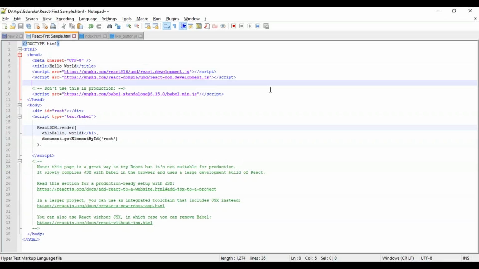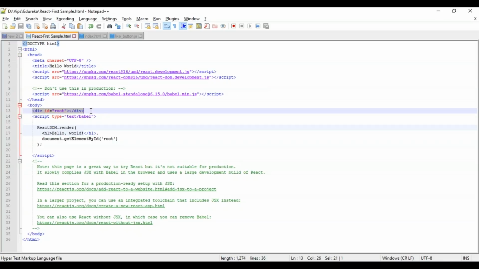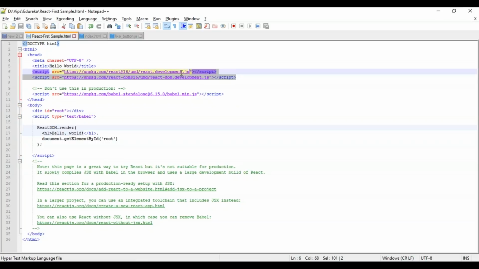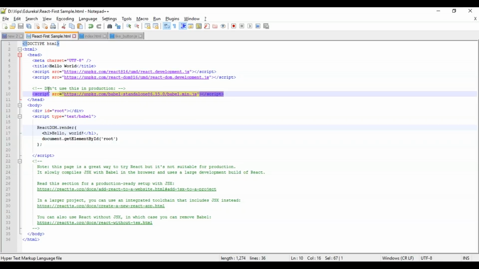Okay. So I have opened the HTML page where I want to add it, and added a div which has an ID of root. Once this is completely set up, I have added the script tags. What are the script tags I have added? One is React.js and React DOM.js. Another script tag which is required for a React.js application is Babel.min.js, which acts just like a preprocessor. Once it is done, I am ready to create a React component.